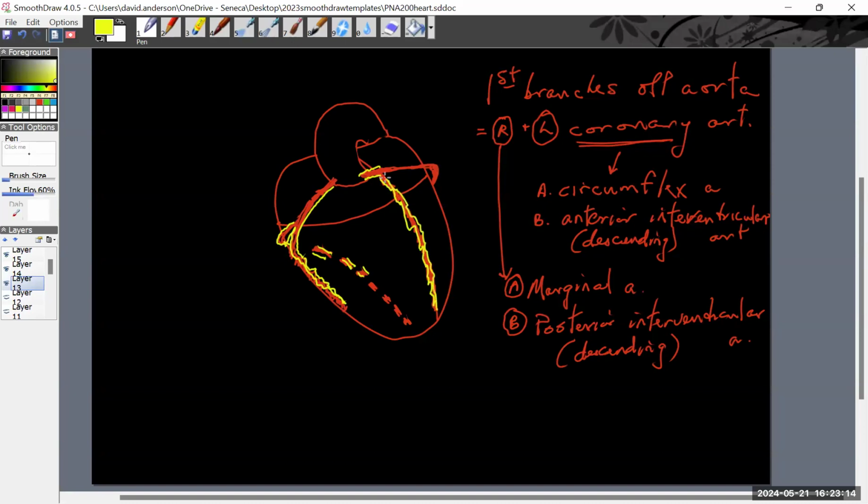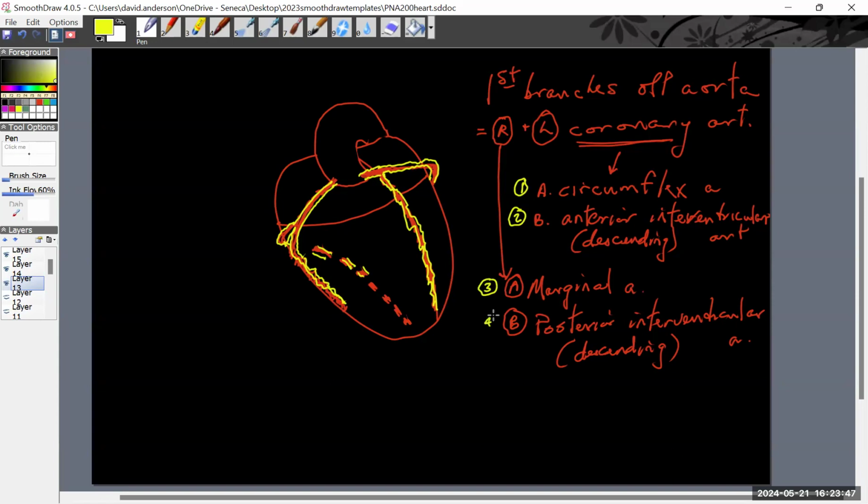So the idea, what I want you to get from this is that right now, how many different arteries are supplying the entire heart wall in this heart? So I'm talking about the branches now. How many branches of those first two arteries supply the entire heart wall? Four. Right, 4. 1, 2,